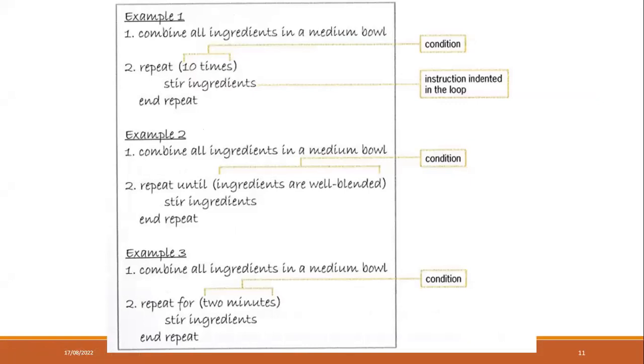So the first thing is making a cake. Did you bake any cake in your home? If you have that experience, most of the time the baker needs to mix the egg, margarine, powder and other stuff. They have to put it in the bowl and then mix it repeatedly.